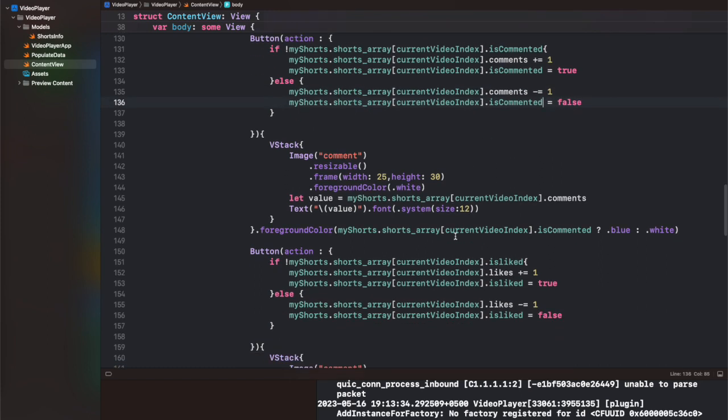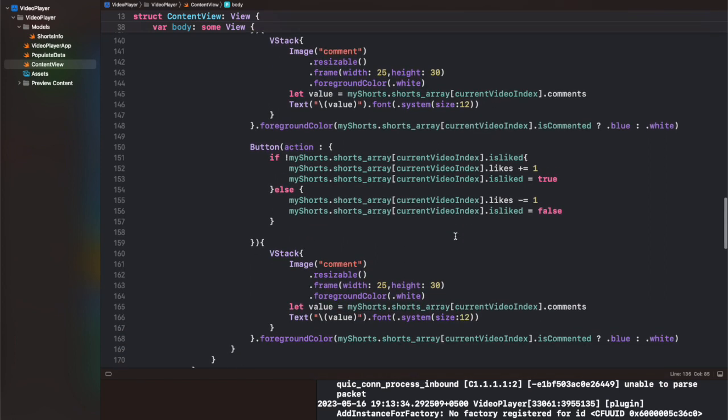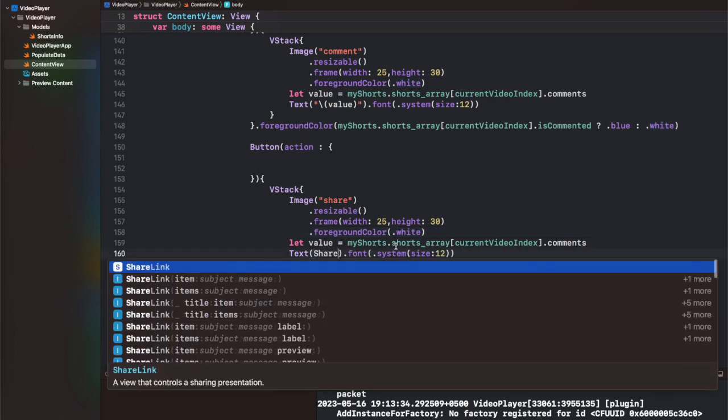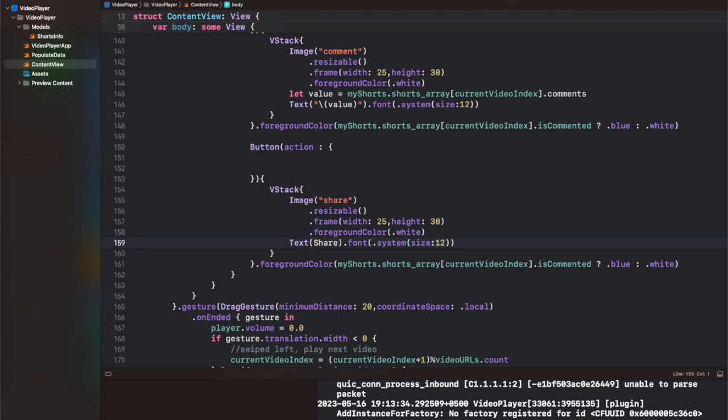And after that we are going to create another button with the name of comment, and I have added a local image for comments, and it has a frame height of 25 by 30. Basically these are the frame dimensions, and a color .white, and then a value which will basically depend on the comment variable. So add the comment button here,